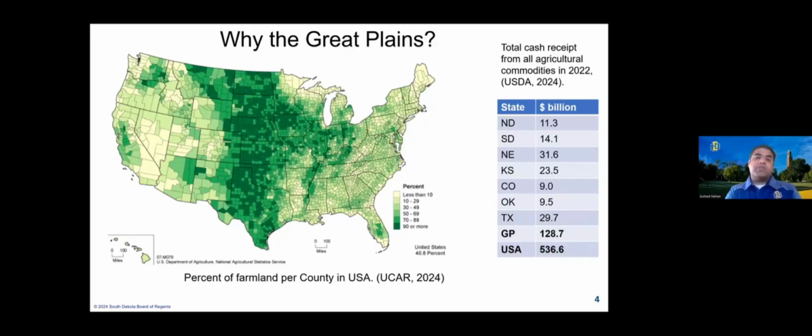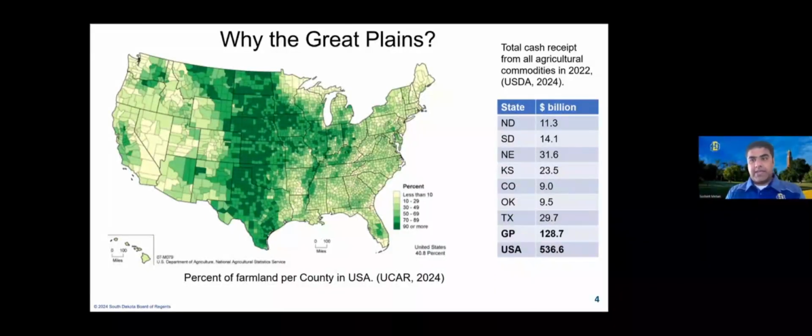This indicates that more than 70 to 90% of the land in these countries is devoted to farming. The vast amount of agricultural land here makes this region a major contributor to food production in the United States. Whereas on the right, we have a table displaying total cash receipts from all agriculture commodities in 2022